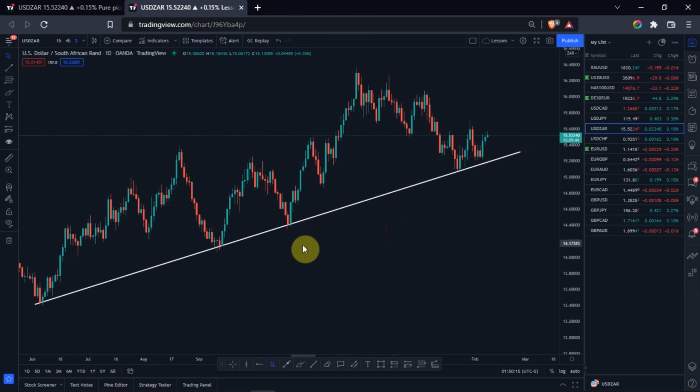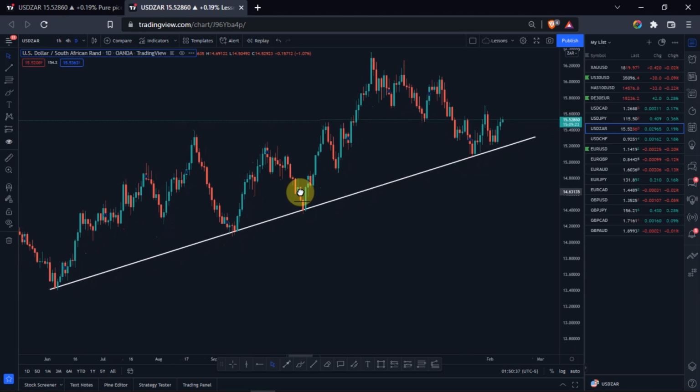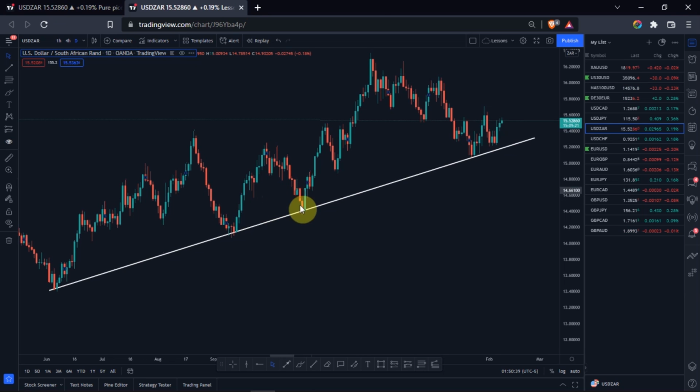So we can see that this trend line has been touched multiple times, but as you know, we don't use the trend line to execute our trades, but the trend line is here to help us identify how the movement of the market was flowing, or how the trend was flowing in terms of sloppiness and in terms of its pattern behavior. So we can see that it has been quite responding to this trend line here,